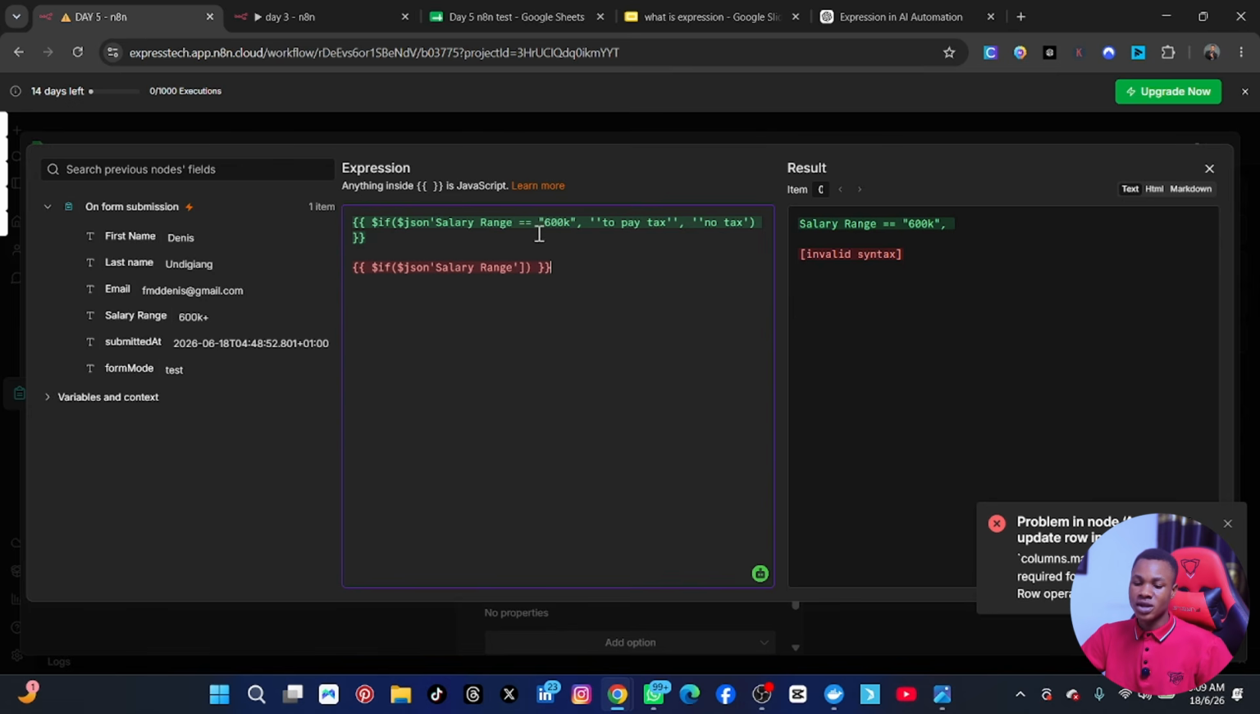Just choose any of them. But me, I choose 600k because I filled the form that I earn 600k plus. That's okay. Here I think there's a mistake I made. I did not put a plus because we have a plus here. Is that okay? So if it's 600, you also need to, before you put the 600, put it in